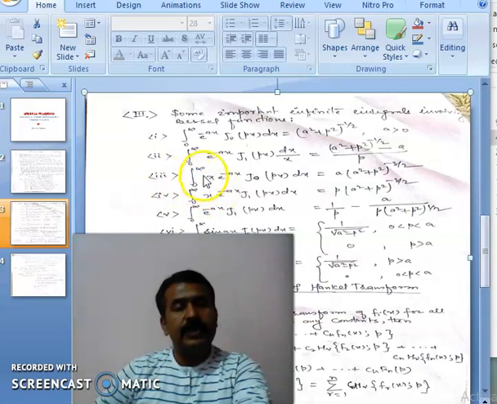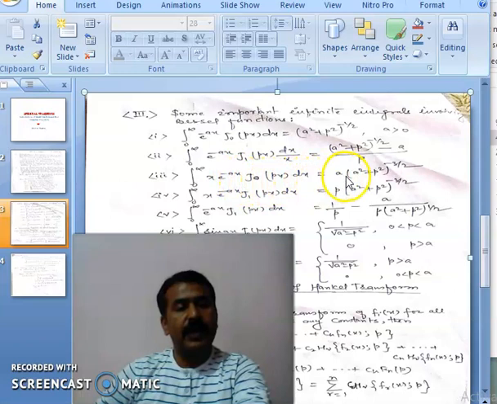And third is the integral from 0 to infinity of x e to the power minus ax J_0(px) dx equals a (a squared plus p squared) to the power minus 3 by 2. The integral from 0 to infinity of x e to the power minus ax J_1(px) dx equals p (a squared plus p squared) to the power minus 3 by 2. And the integral from 0 to infinity of e to the power minus ax J_1(px) dx is 1 by p minus a divided by p (a squared plus p squared) to the power 3 by 2.